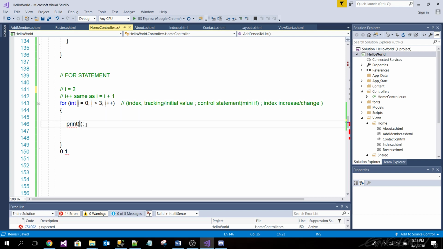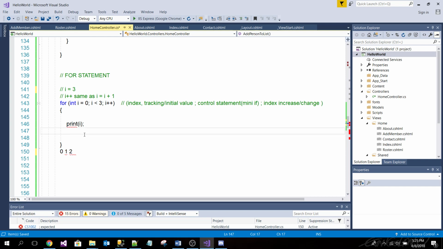We print what? 2. We go in here. Raise this to 3. Go back in here. And then, is 3 less than 3? No. So it's equal to 3. Exactly. But it's not less. So we get out. So our loop did it 3 times pretty much, which is cool.